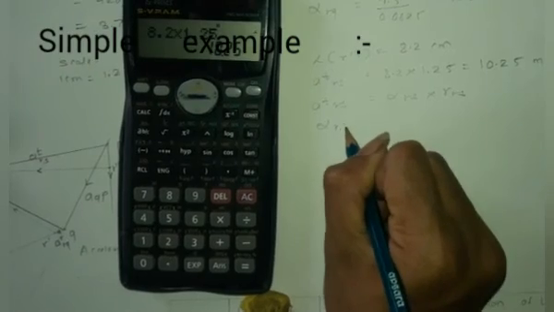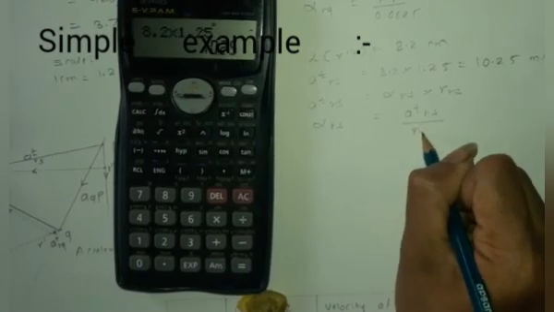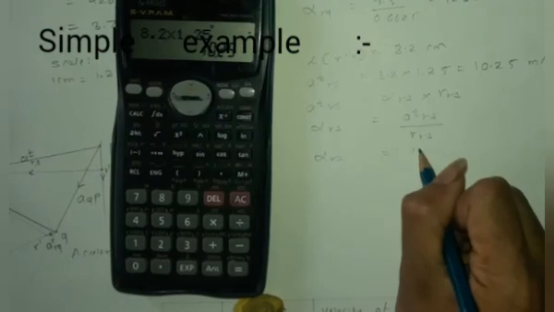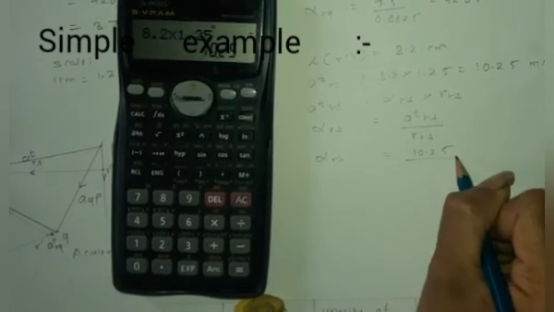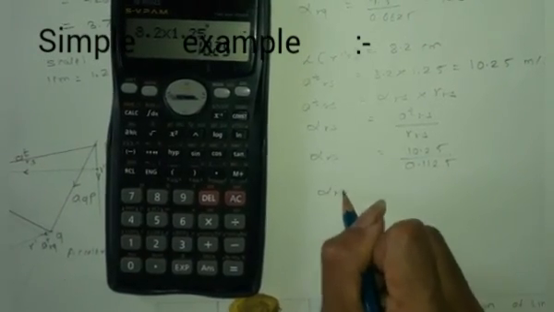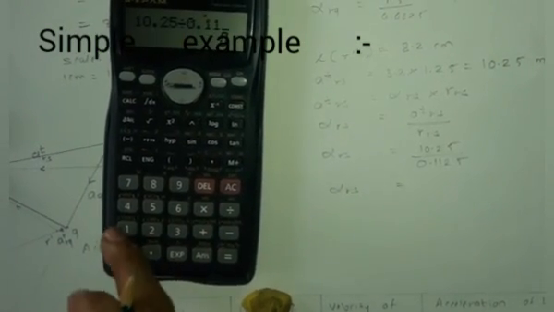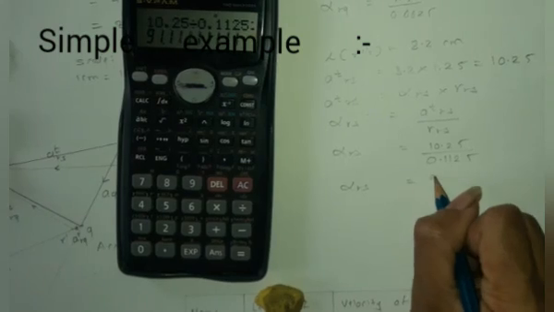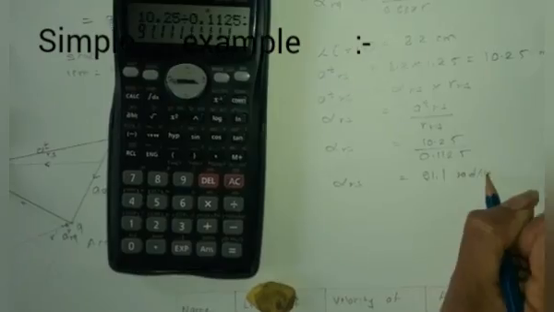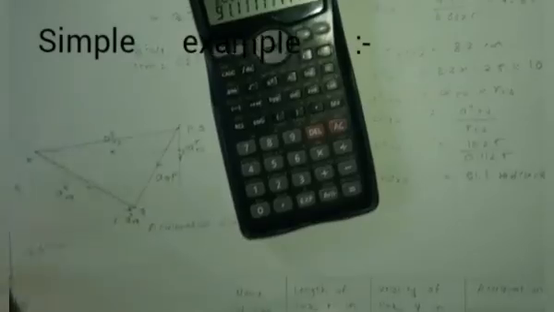So angular acceleration for RS is equal to tangential component for RS upon RS. So it will be 10.25 upon 0.1125. So angular acceleration for RS equals 91.1 radian per second square. So in this way we find out angular acceleration for